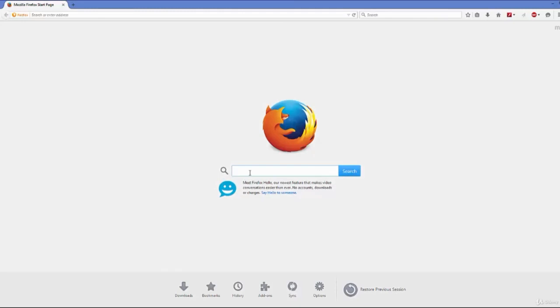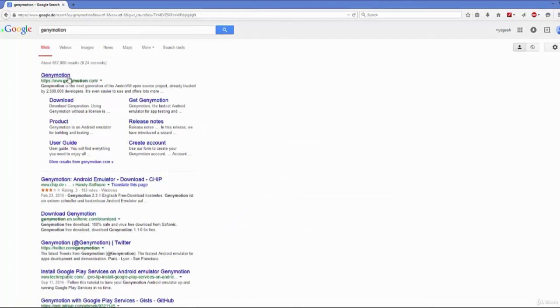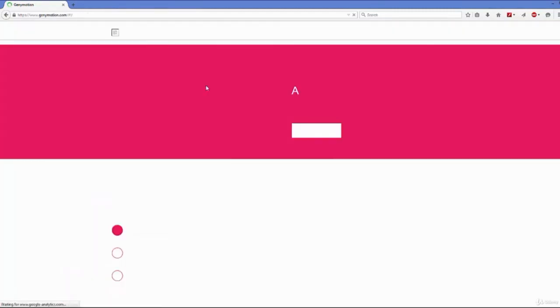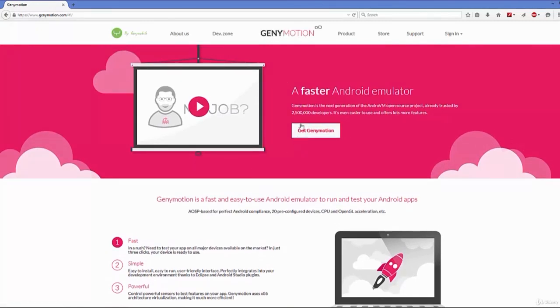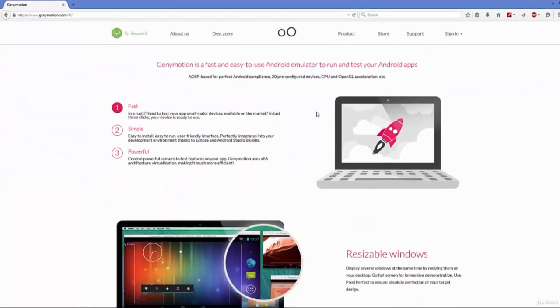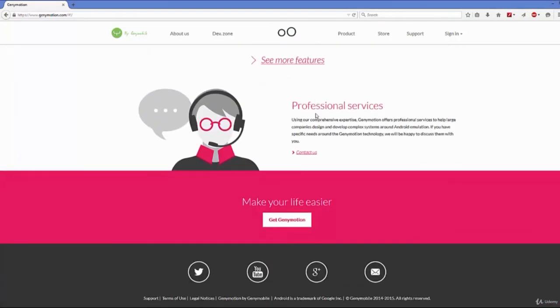So just open your favorite browser to download Genymotion and search for Genymotion. The first link that most probably will appear here will be from genymotion.com. So just click this link here, and in here you will be able to see more about this Genymotion emulator and stuff. If you need to download Genymotion, you just need to go to the bottom and click